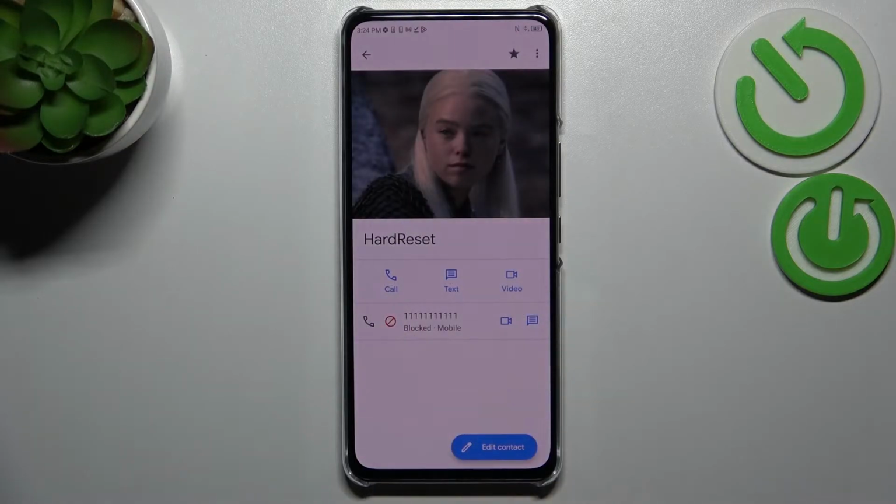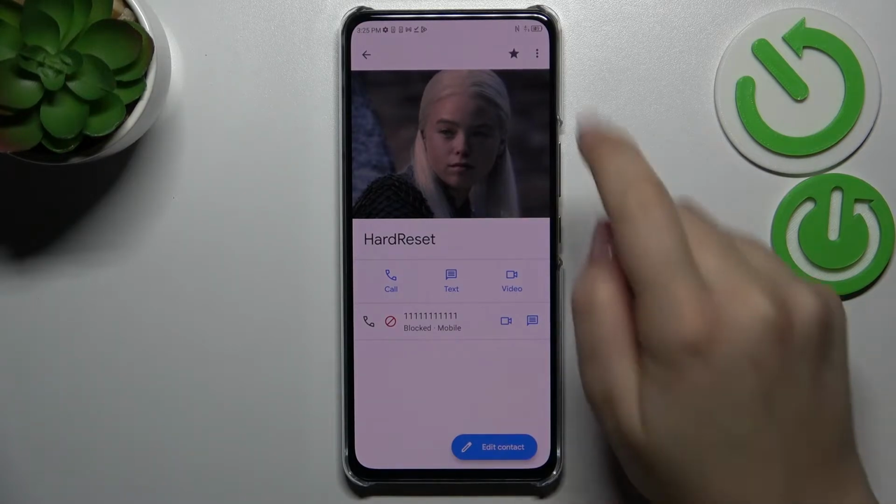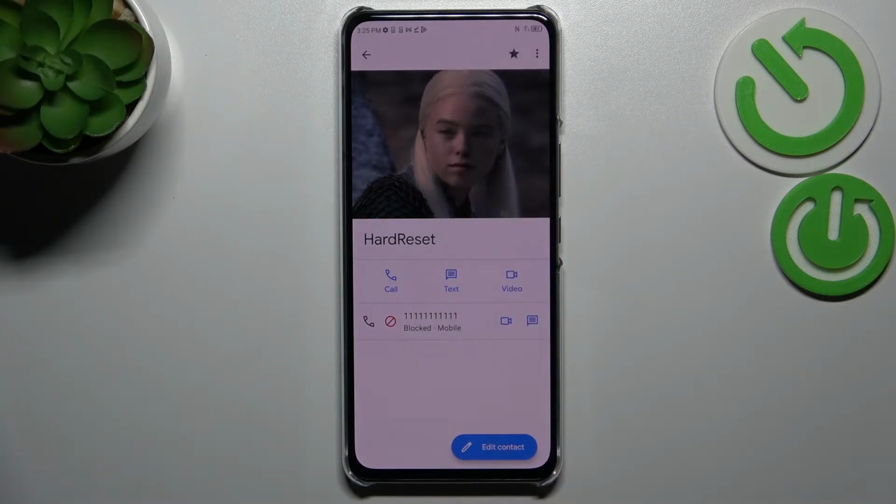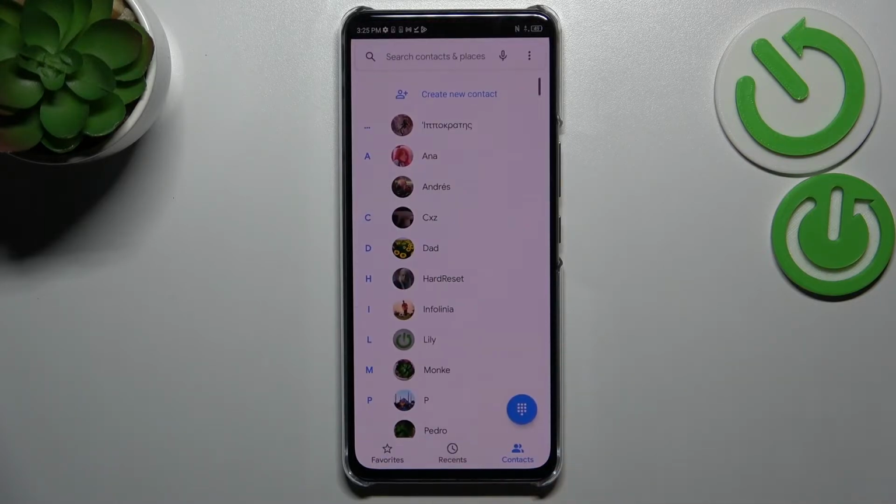And as you can see, we've got this characteristic icon, we've got the information that it is blocked. And of course, you can unblock it the same way, just by tapping on the three dots icon and tapping on unblock numbers. But let's leave it like this. So this is the first way of blocking the number which is currently saved,